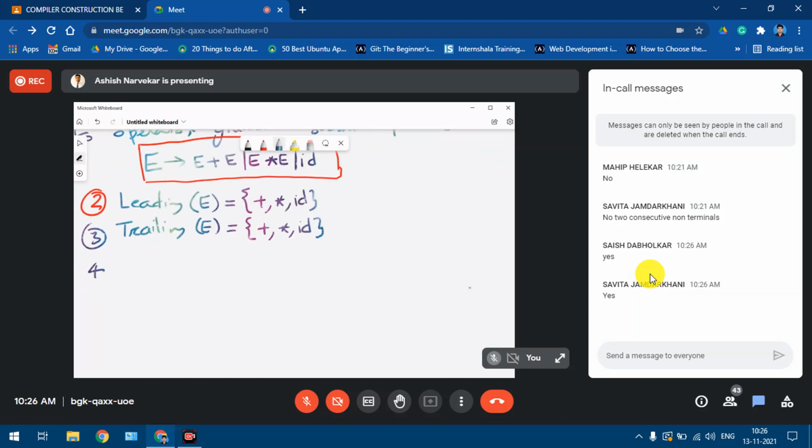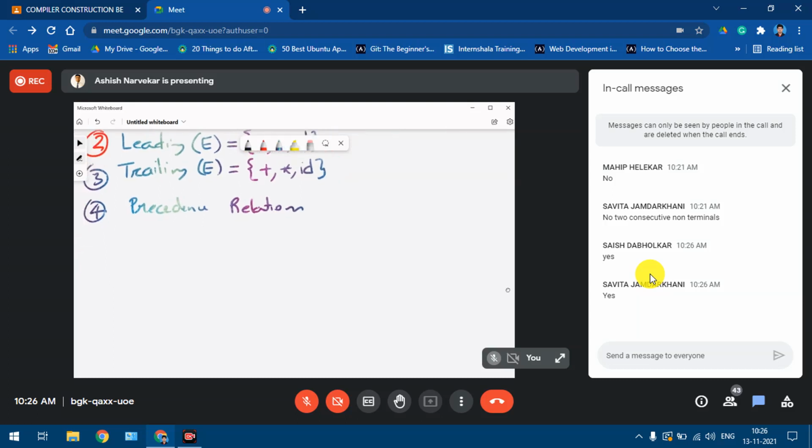What step number 4 says is we have to define the precedence relations. Defining the precedence relations means we have to apply the various rules that we have already discussed as per the precedence relations set of rules. So first, you can apply rule number 1.